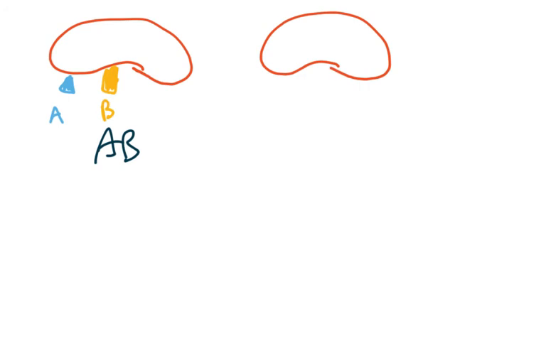There are a couple different kinds of molecules that we can have on here. One of them is called the A antigen. So this will be A. One of them is called B. And then if you have O blood type, you have neither one of them. So this person has AB blood type. If you have A blood type, you only have the A antigen on your cells. And if you have B blood type,